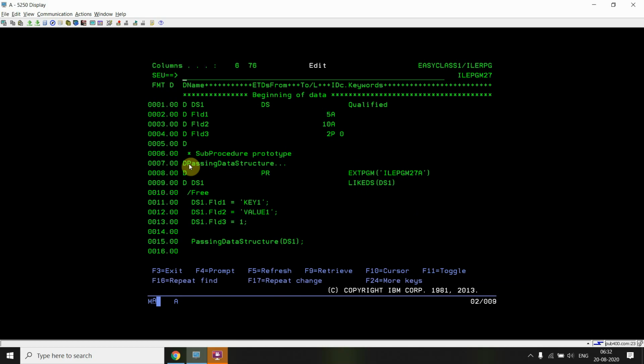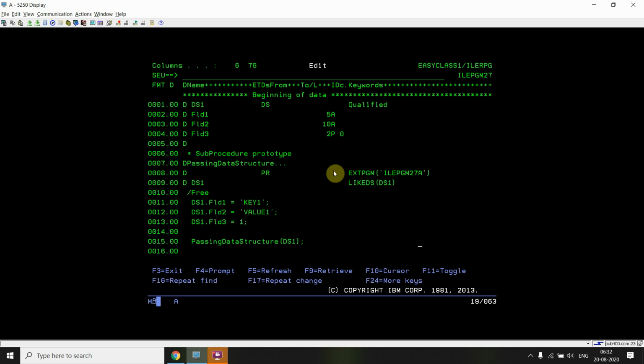So I defined this prototype for passing the data structure, which is calling ILEPGM27A. In EXTPGM I provided the program name, which is being called when I call this procedure. Here also the procedure prototype matches the ILEPGM27A prototype, because I'm calling that.